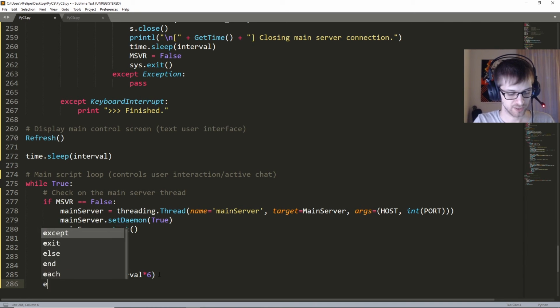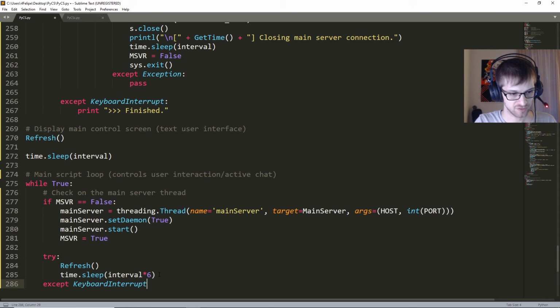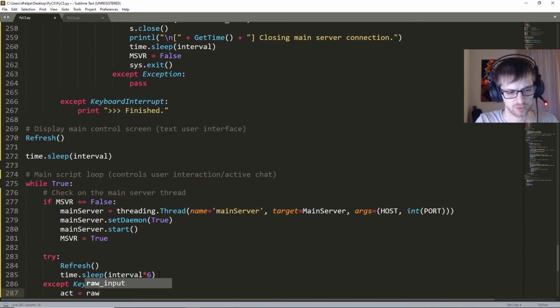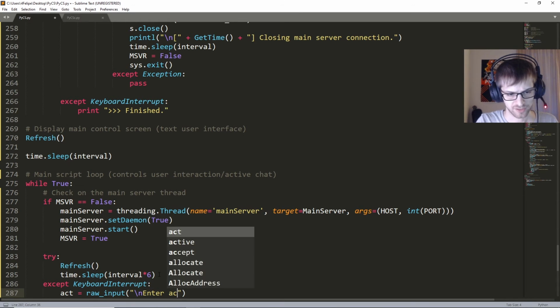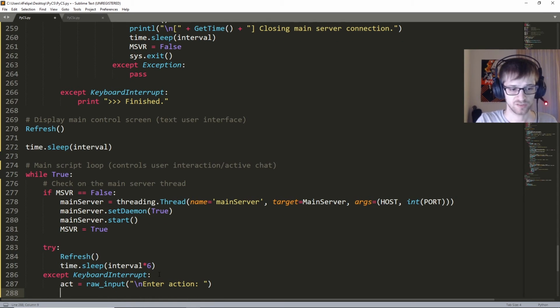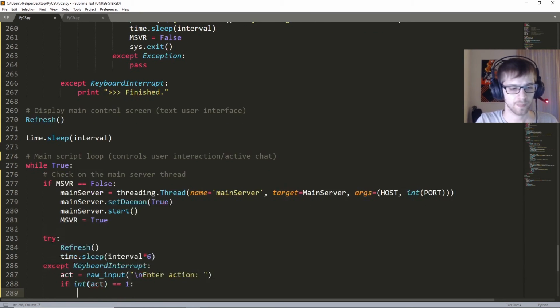So here we do an except keyboard interrupt. This is how the user interacts with the script. So act equals, we're going to do a raw input here, enter action. This is where the user actually decides what they want to do, if they want to connect to a new client or whatever. So like that. Okay, so if they decide to connect to a new client,